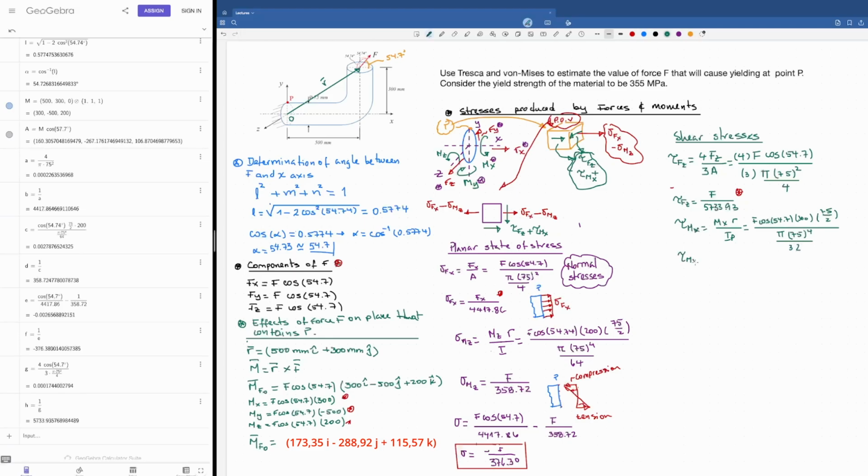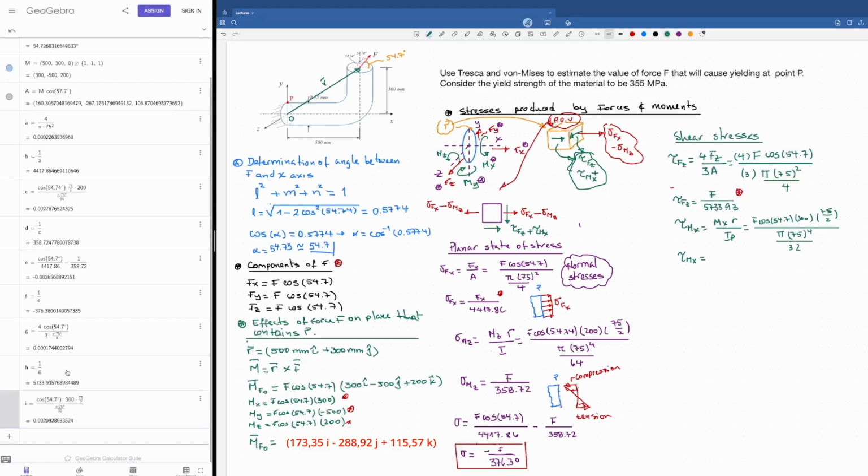Then this shear stress is going to be, again, I'm going to leave out the force because that's my unknown, times 300 times 75 divided by 2, and here is going to be pi times 75 to the power 4 divided by 32. And this is going to be 1 divided by